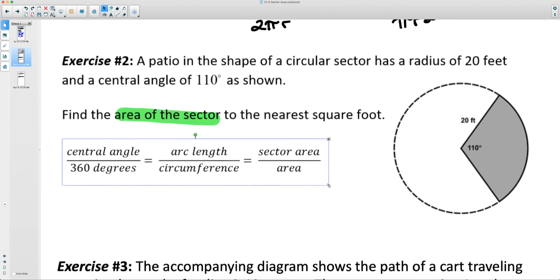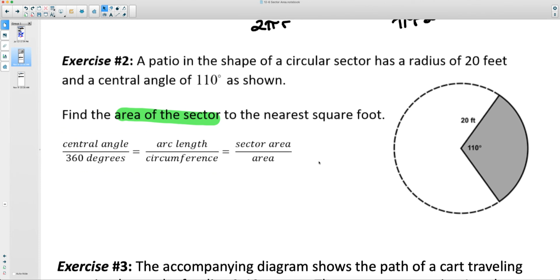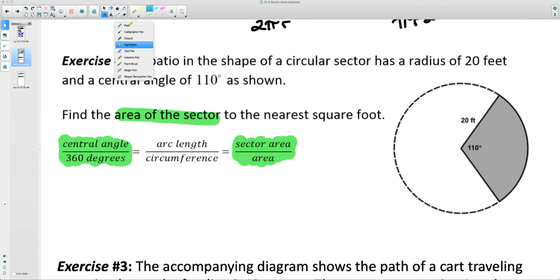Okay, so we're looking at these proportions here, and most of the time we'll work with this one. We want to deal with the area of the sector, so we're going to work with this one. So let's fill in what we have. The central angle here is 110 degrees. So I could put 110 over 360 equals